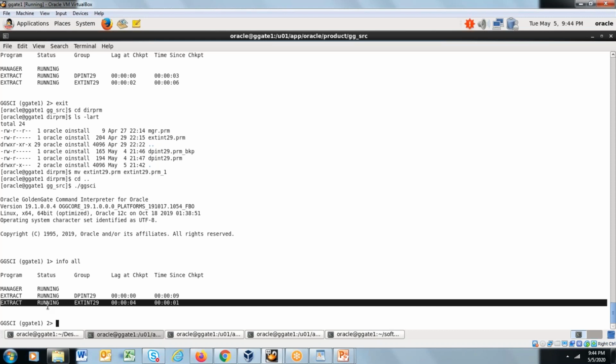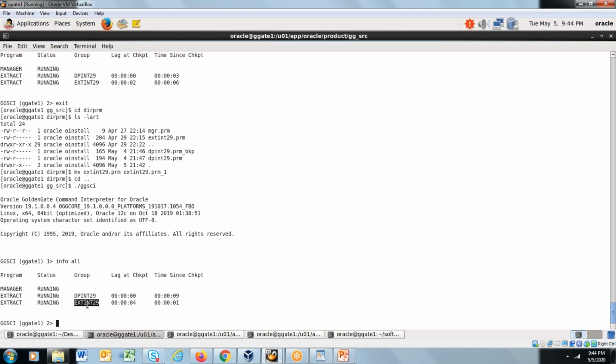The reason is that whenever you start the process, the parameter file of that particular process is read at that particular time. Because the parameter file is read at that time, according to the parameters you provided in the parameter file, the process will continue to run.